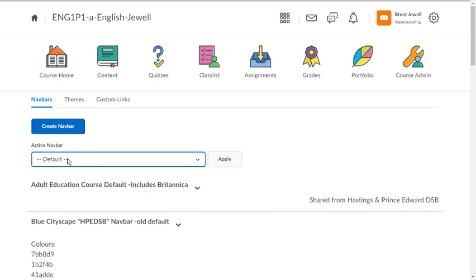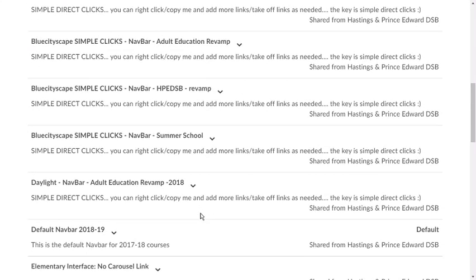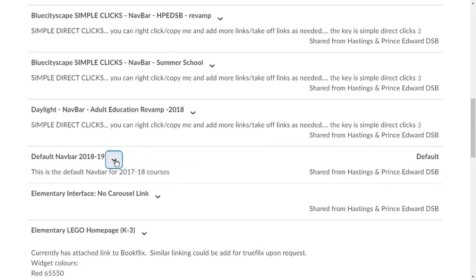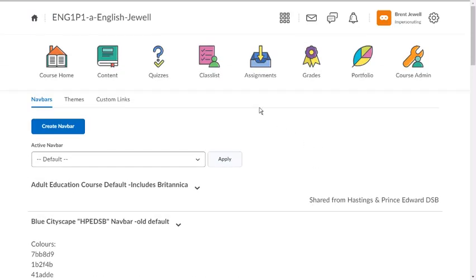And then you have to find the active nav bar, which is the default. You scroll down, click on the downward arrow, and press copy. The easier way